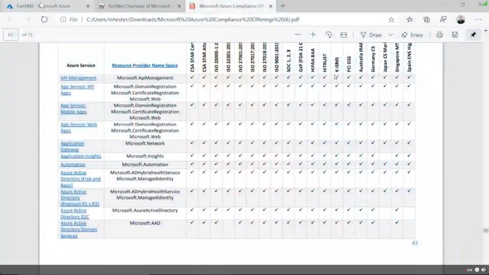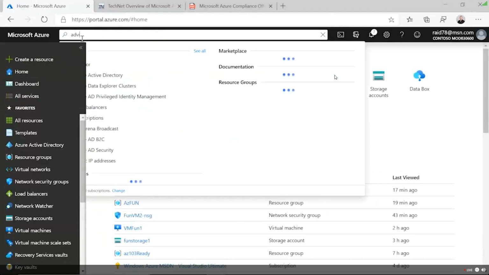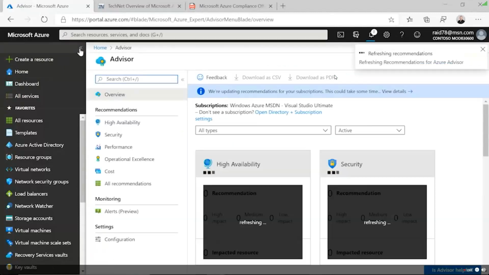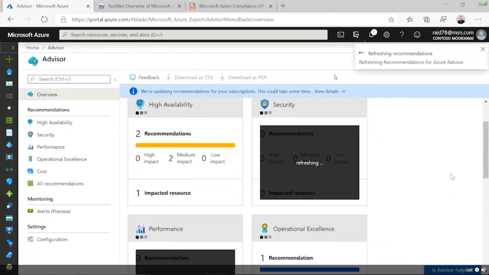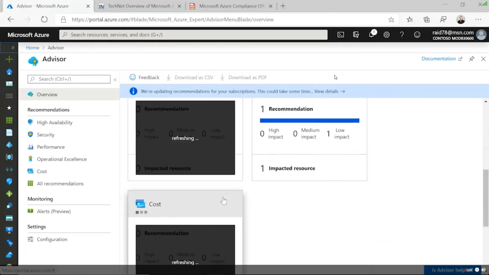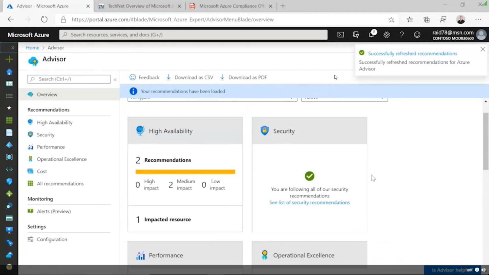Now, the one thing I want to show you, because I mentioned it, let me hop back into my system and let me just show you Advisor real quick. I just want to show you what's there. So I'm just going to do a quick search on Advisor. I know it's the top result. And Advisor comes across and looks at recommendations. And notice I have a recommendation for high availability. I have a recommendation for operational excellence, and it's still checking for performance, security, and cost. We'll see if it comes up with anything here in a second. This is that free tool that's going to give me ideas.